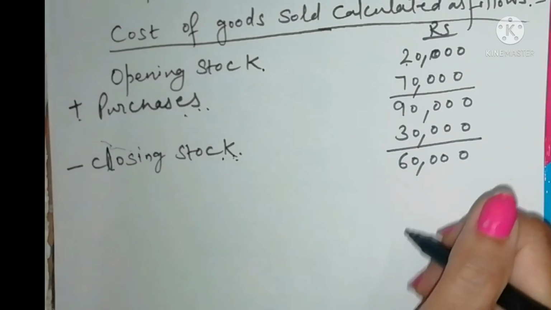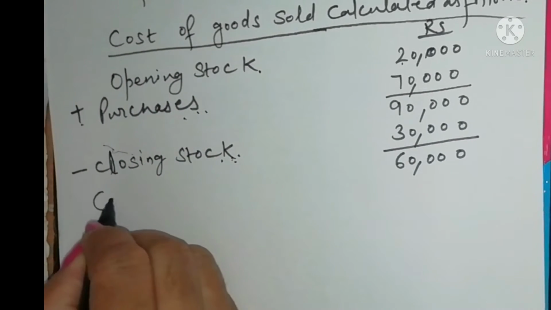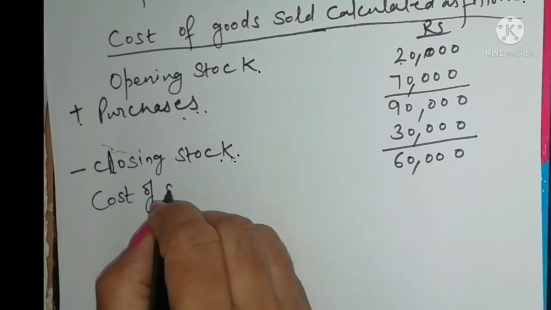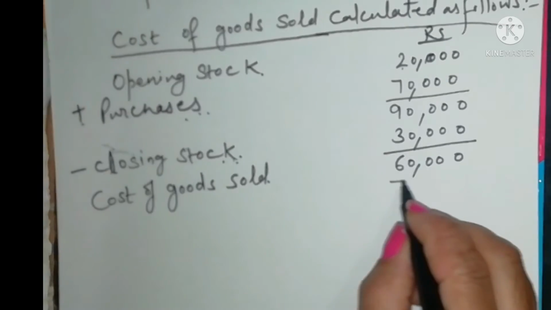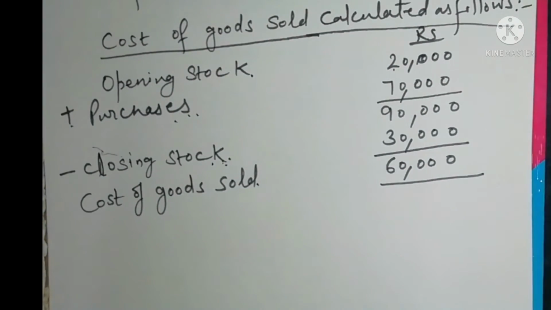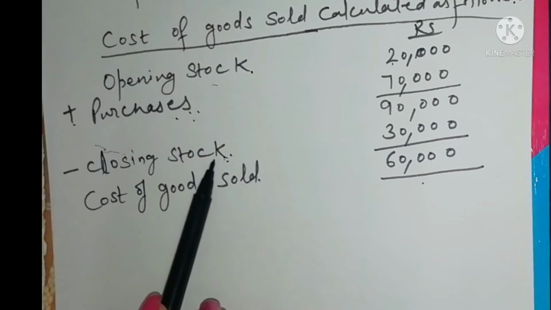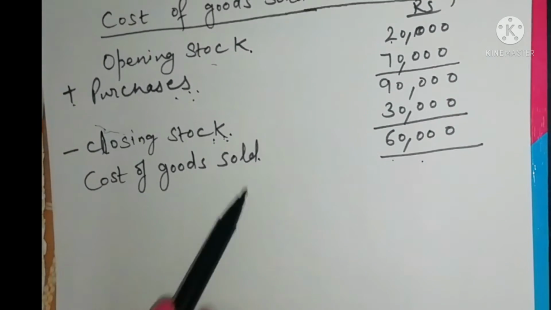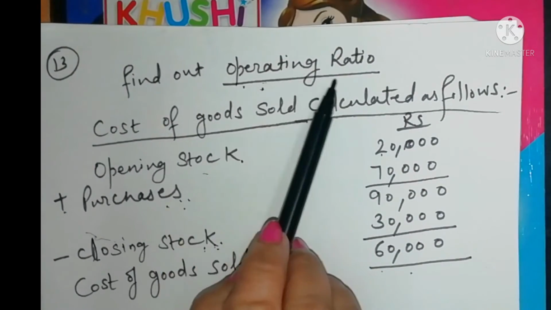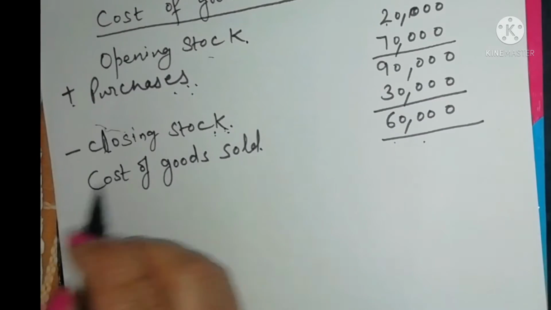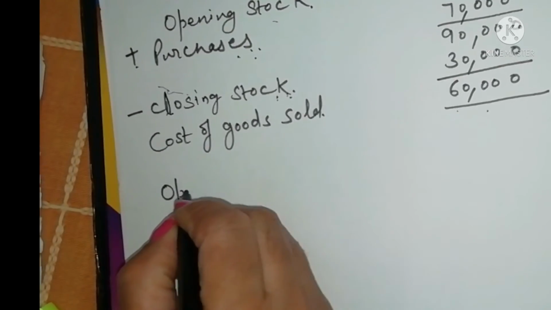Sales value is different and cost of goods sold value is different. In the sales value profit is included, but in the cost of goods sold only cost is there. No profit is included in the cost of goods sold, or COGS. COGS stands for the cost of goods sold. So you can also calculate the cost of goods sold value by preparing a trading account. Simply write the debit items and credit items, and the difference between both sides represents the cost of goods sold.